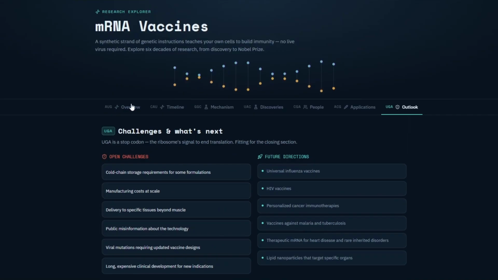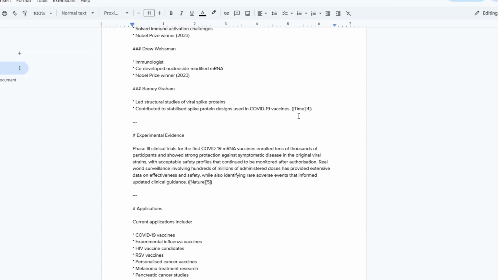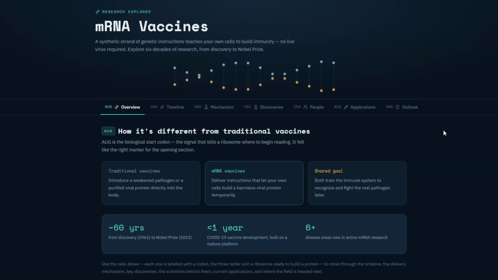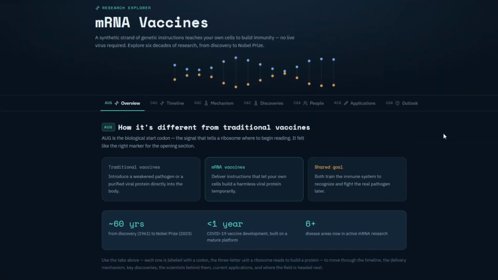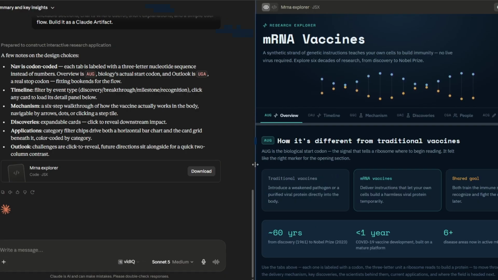This is amazing. So from our comprehensive research, we successfully created this interactive app automatically in Claude. This is amazing. Let us try generating another interactive app from a different research. To generate another interactive app from a different research,